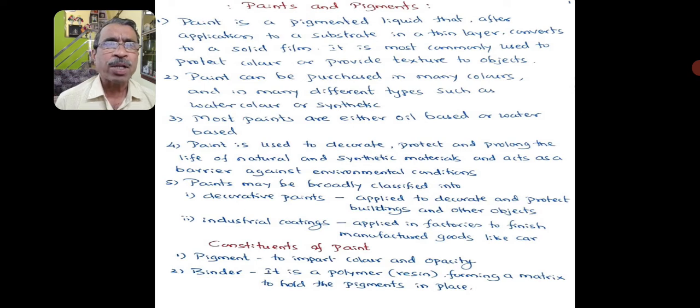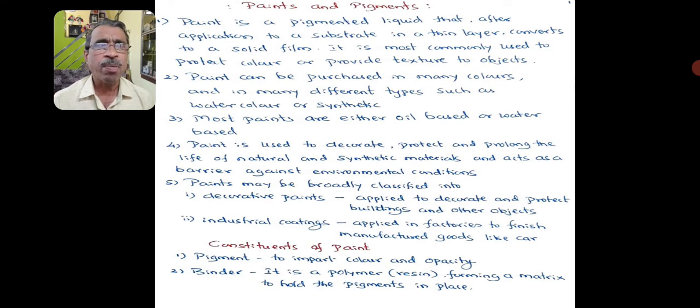Paint can be purchased in many colors and in many different types, such as watercolor or synthetic. Most paints are either oil-based or water-based. Paint is used to decorate, protect, and prolong the life of natural and synthetic materials and act as a barrier